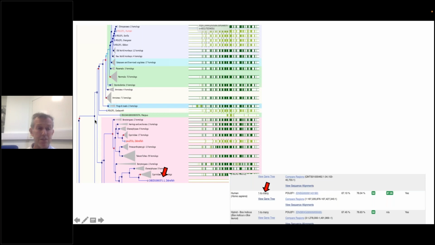And you can navigate this by clicking on some of the buttons over here, and that will allow you to find the homologs of the human gene, which is located over here. And you can see it nicely in a phylogenetic tree with the zebrafish gene. And this is really important because the zebrafish has undergone a partial genome duplication.